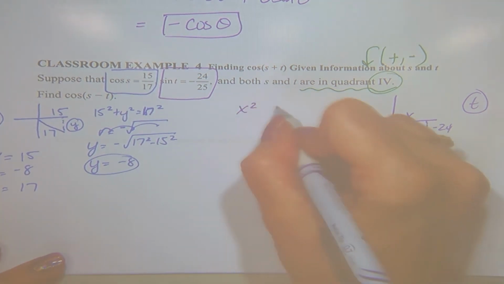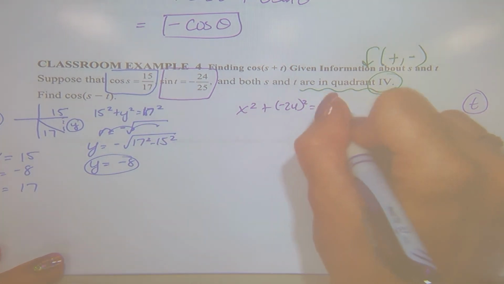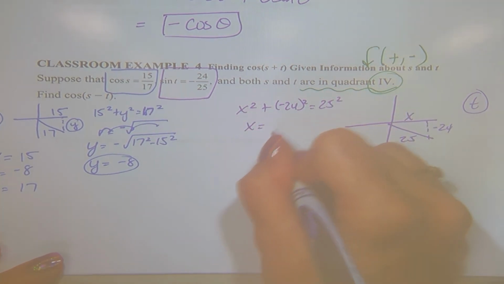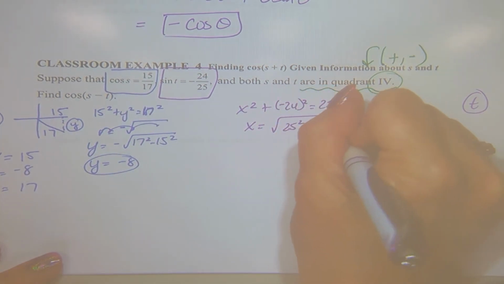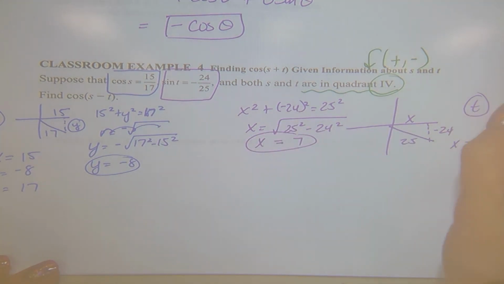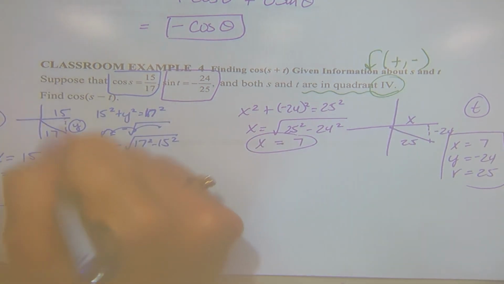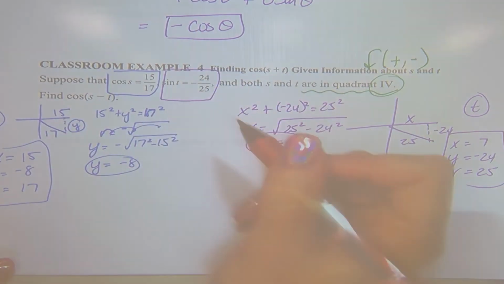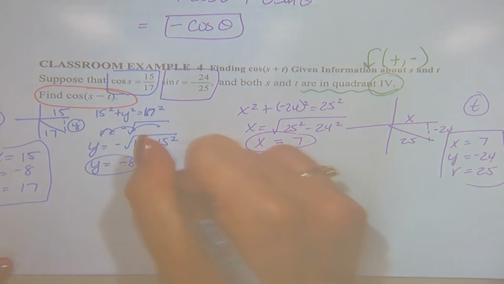So x squared plus negative 24 squared equals r squared. X is going to be positive because I'm in quadrant 4. 25 squared minus 24 squared, x comes out to be 7. So x is 7, y is negative 24, and r is 25 for angle T. Now that I have that information, I'm going to use it to solve what I was looking for. I was told to find